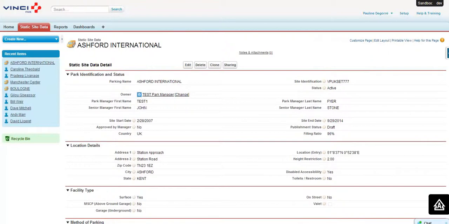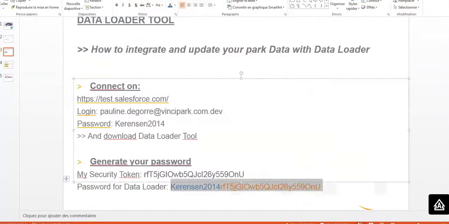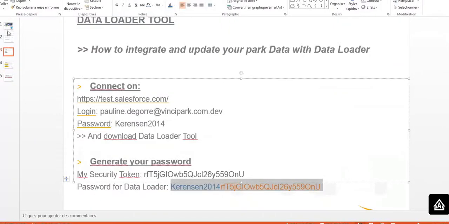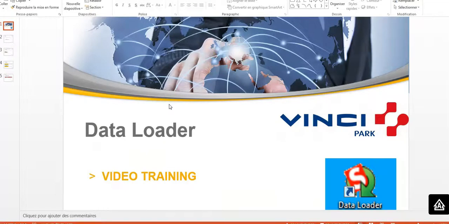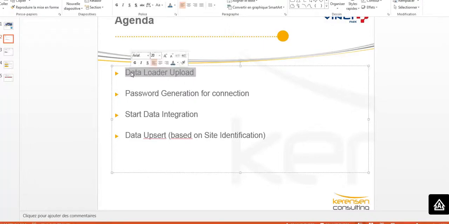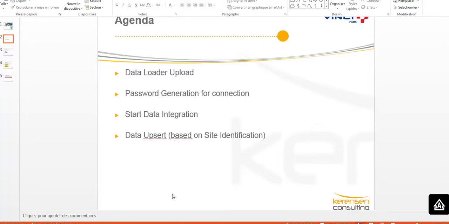Actually that's quite simple to use. So if we make a very quick sum up, data loader usage. So first you need to upload your data loader. So you will need to connect with my own login and password, Pauline.